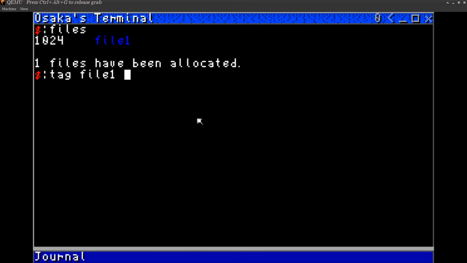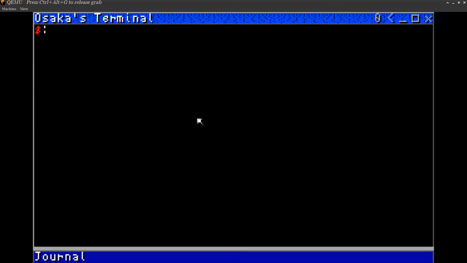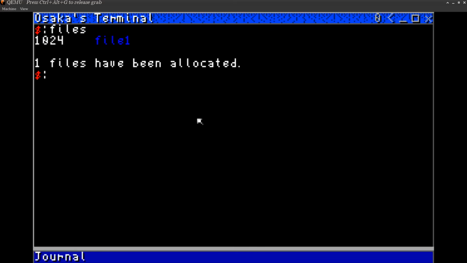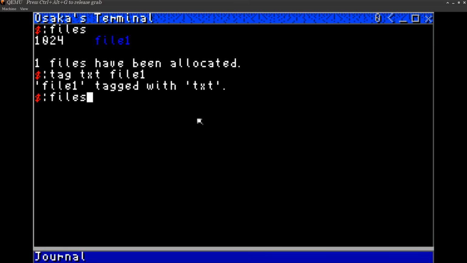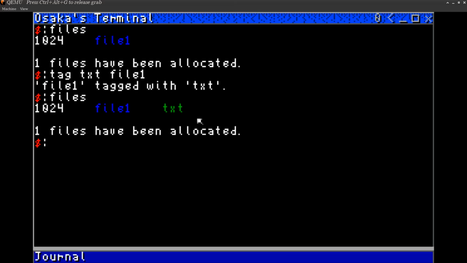Like, so let's say, let's call file1 txt, right? As like a .txt extension. Oh, whoops. I forget the syntax of my own commands. Let's see, tag. Well, we'll apply the txt tag to file1, like this. File1 tag with txt. Now when we enter files again, we'll see file1, and in green will be the tags